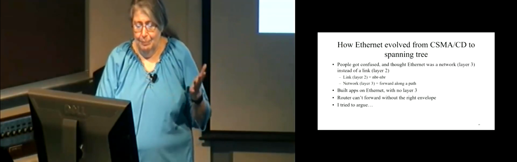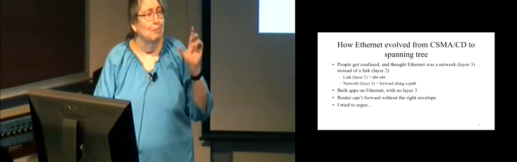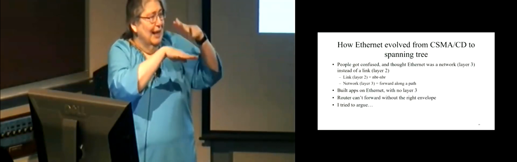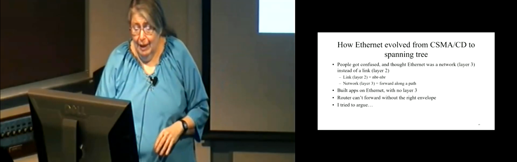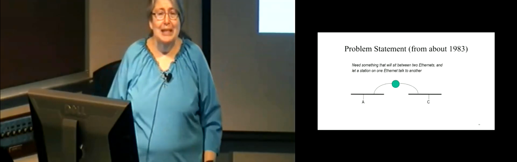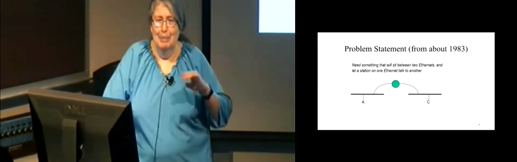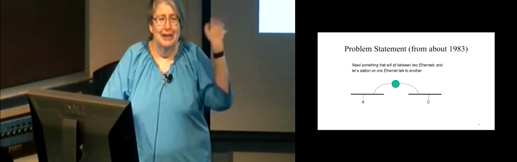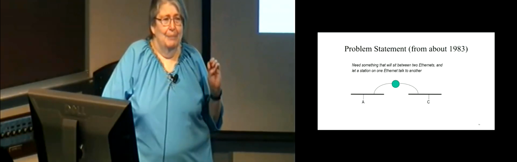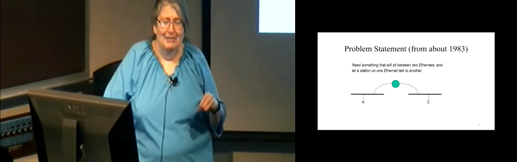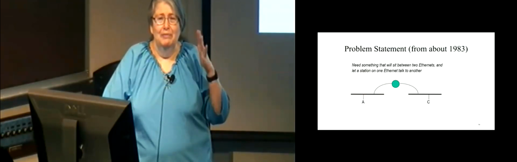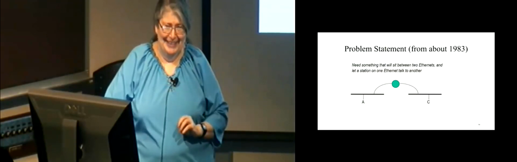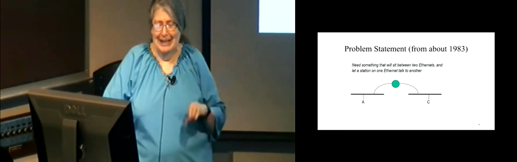So as I said, people built their applications without layer 3. So there was Ethernet and then their application. I was in a bad mood about all this because the people who were doing that were building good applications and being real heroes at the company, making lots of money. But they would have made just as much money had they done it correctly, which was on top of layer 3. But it was hard to explain to management.